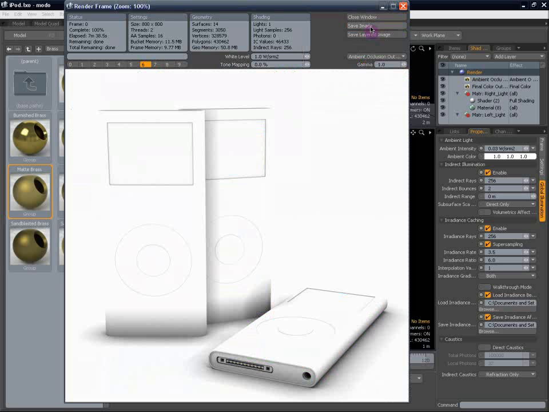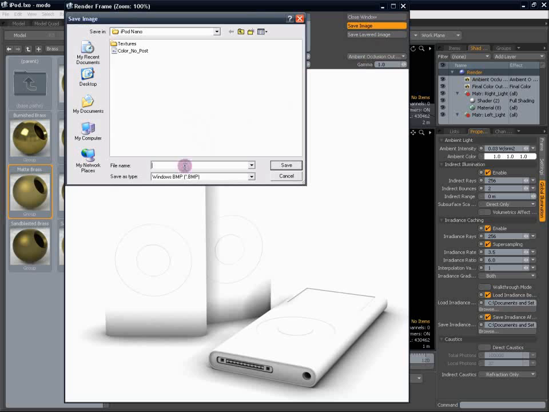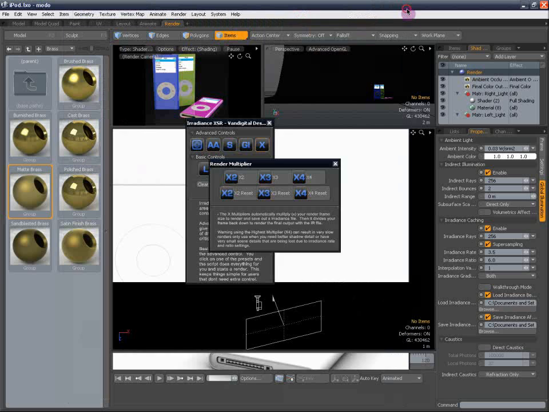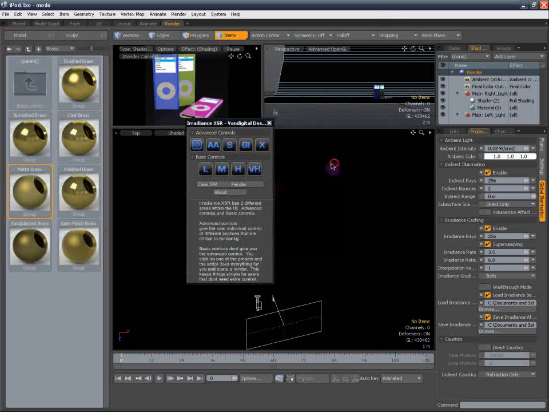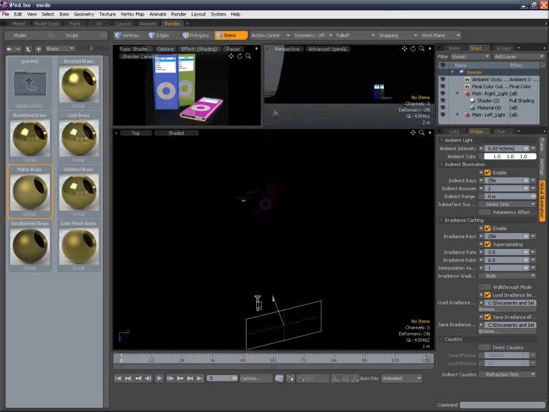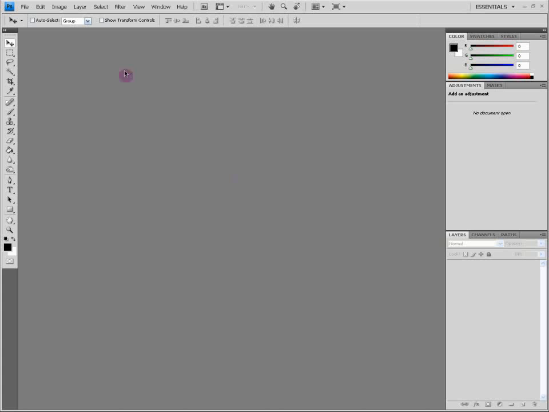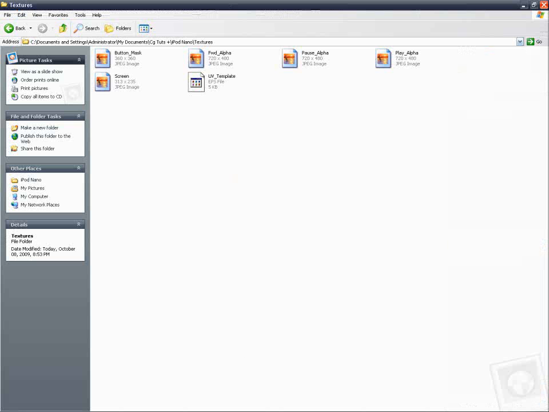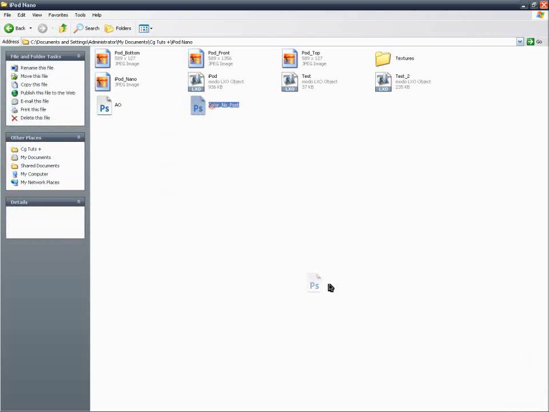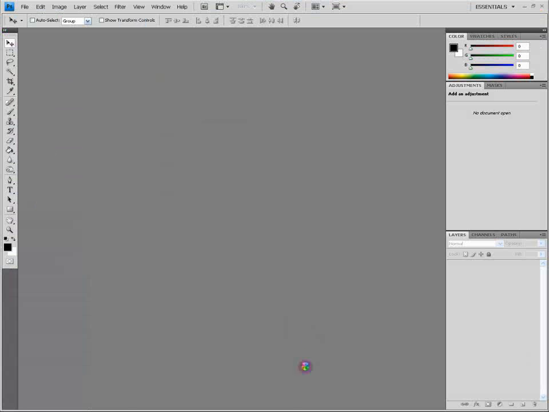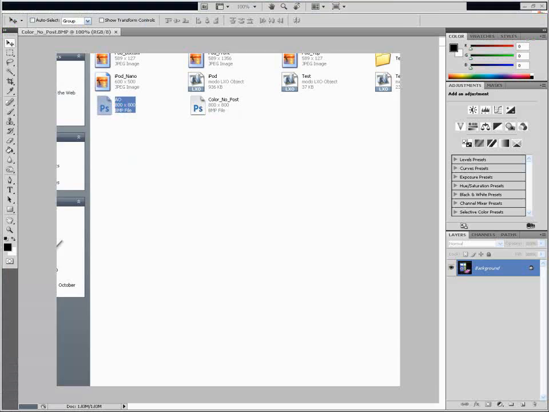Switch over to the ambient occlusion output and save this as AO, and we can close this. We can save our scene and switch over to Photoshop and start working on this. So we get the color no post and we open it. We open the AO,